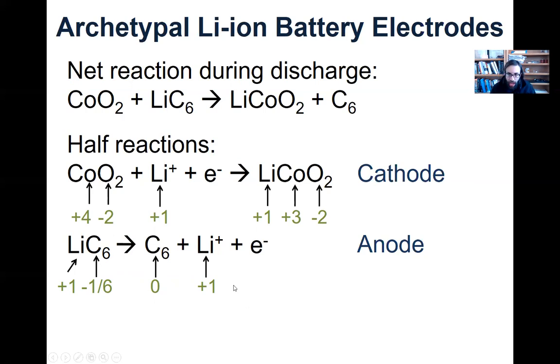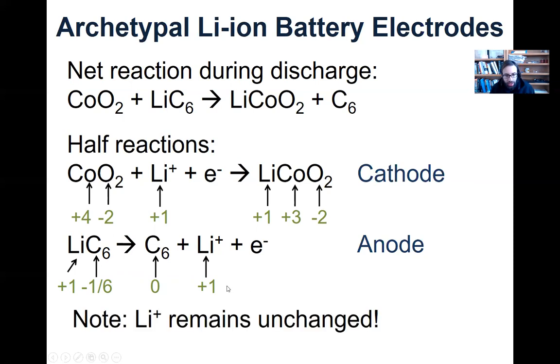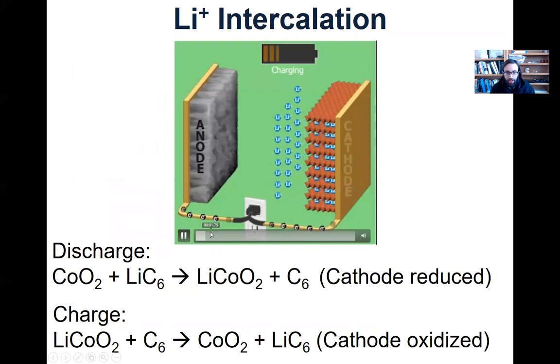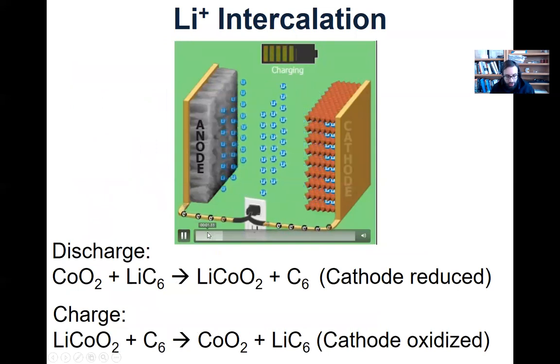And that's exactly what happens at the anode. Oxidation occurs. And so what's interesting here is that lithium remained unchanged, right? We call this a lithium ion battery, but really the lithium isn't doing much of the chemistry here. The real interesting chemistry in terms of electron transfer is occurring at the cobalt and at the carbon. But it's called a lithium ion battery because the lithium ions are going back and forth.